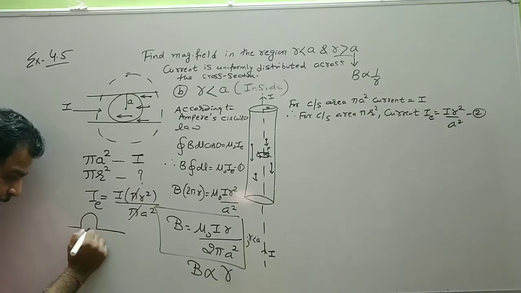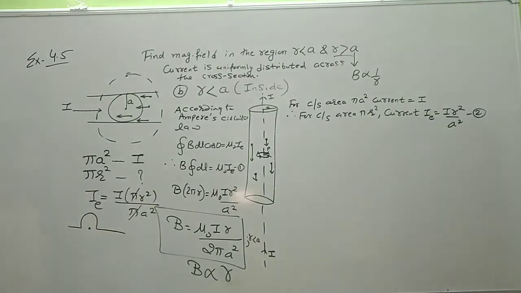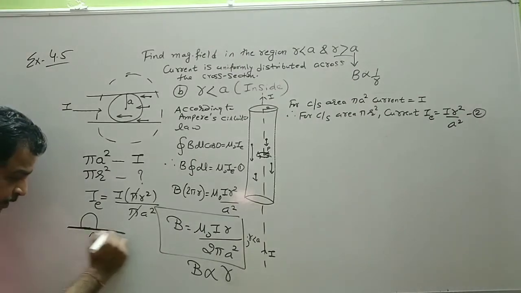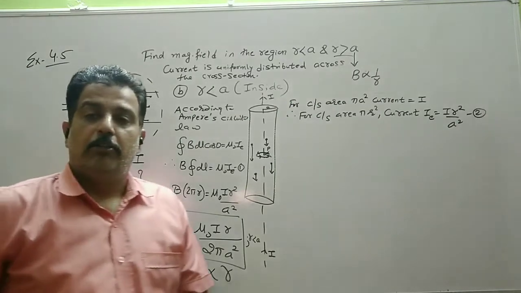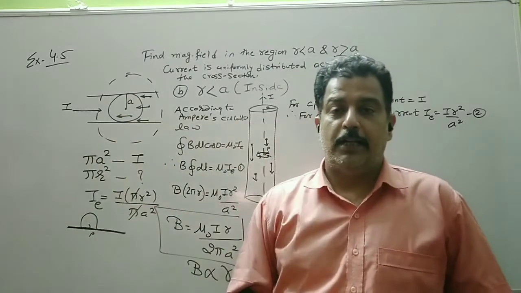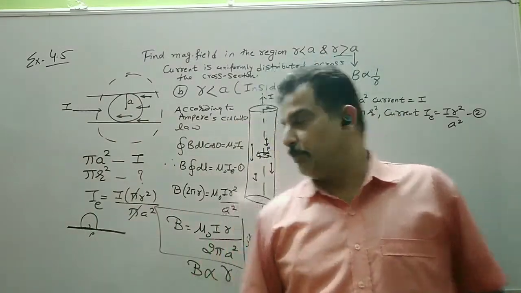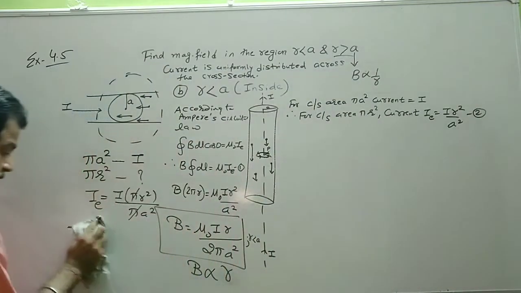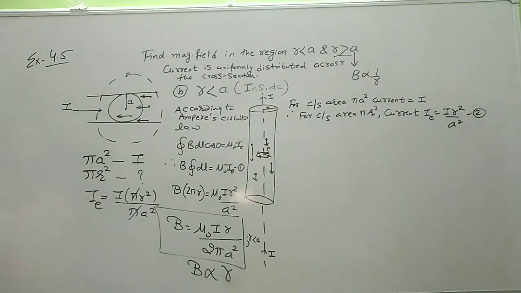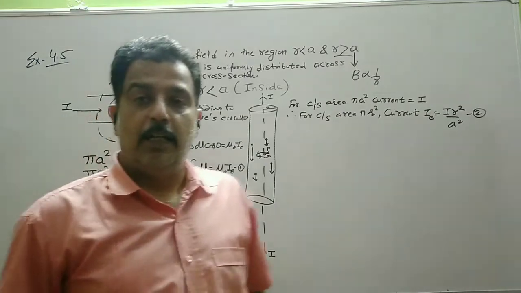Also we have seen this in an example 4.4 or something like that, where we have taken the situation like this, where we applied the Biot-Savart law. We found the magnetic field intensity at this point due to this wire or a straight segment to be 0, because again in Biot-Savart law we write I dL cross r vector, that is a displacement vector. So if point P is lying on the axis of the wire, then the magnetic field intensity is 0.